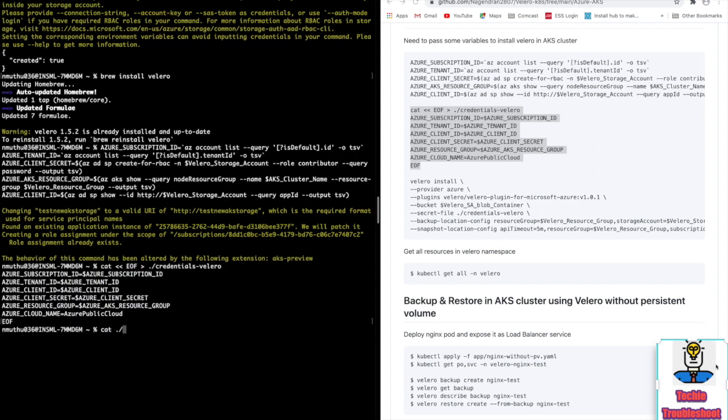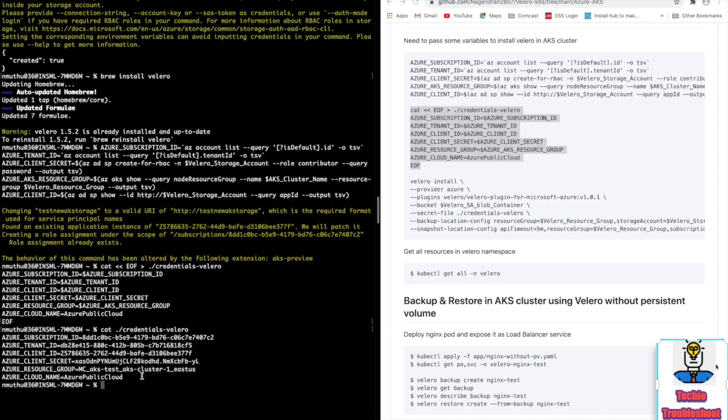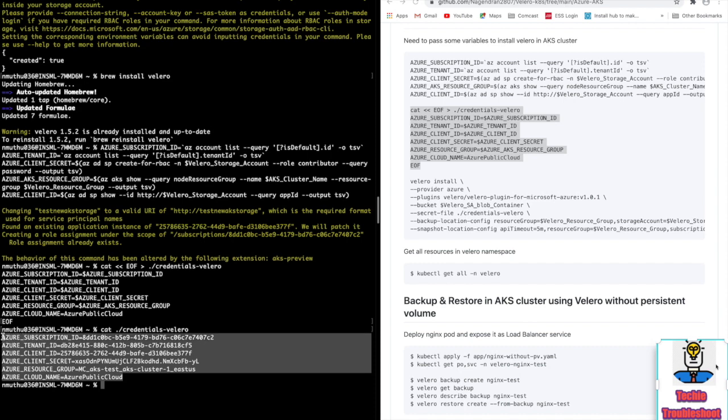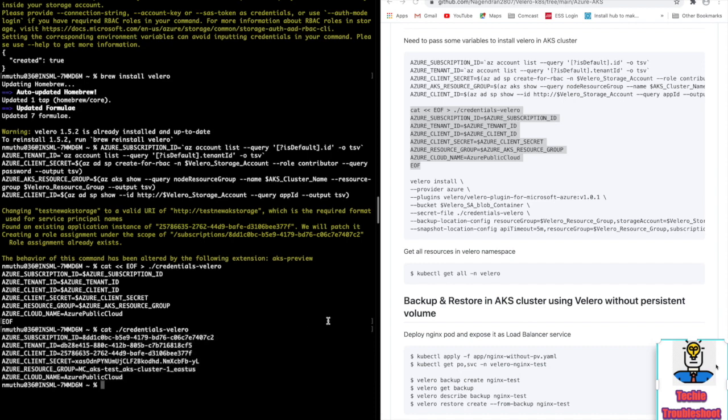I'm going to cross check whether all the variables are placed correctly or not. Yeah, all things are happening.